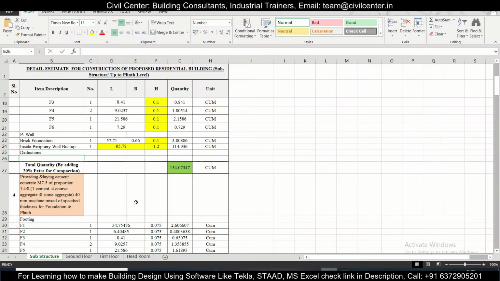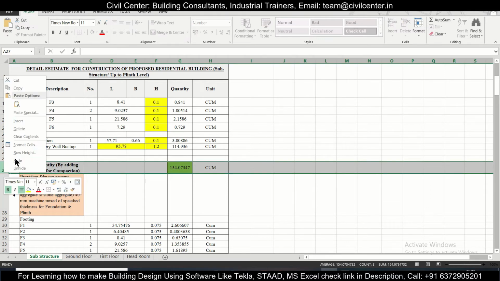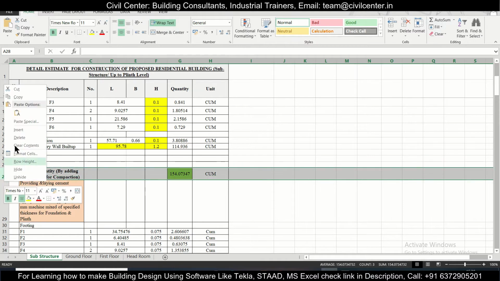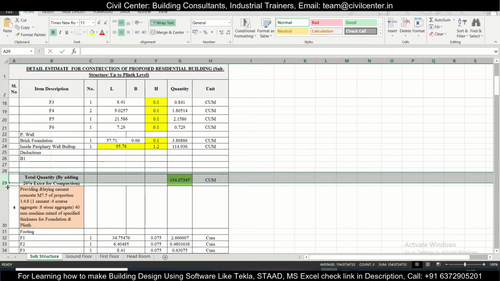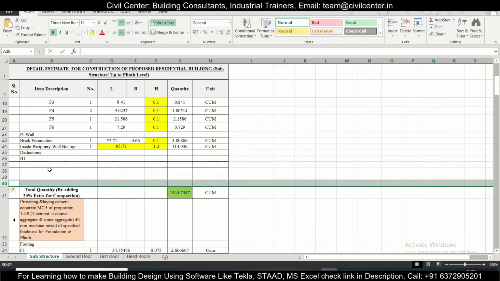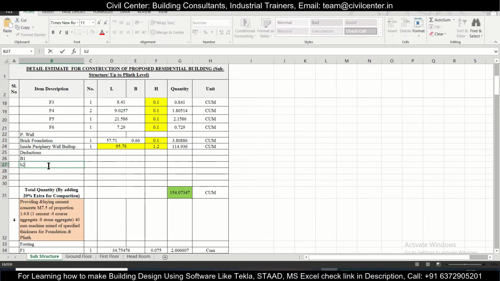So we'll just write here B1, B1, and then insert another row here. We'll insert all the rows which are needed. It will be B2, B3.